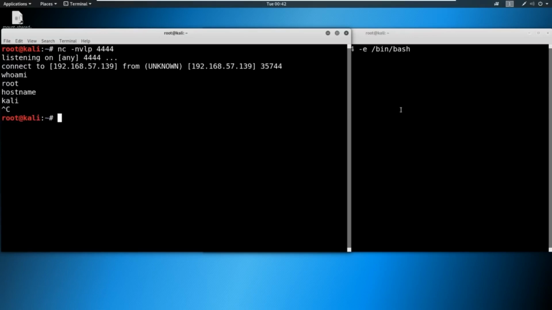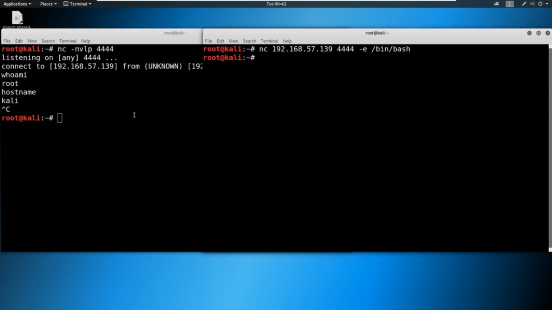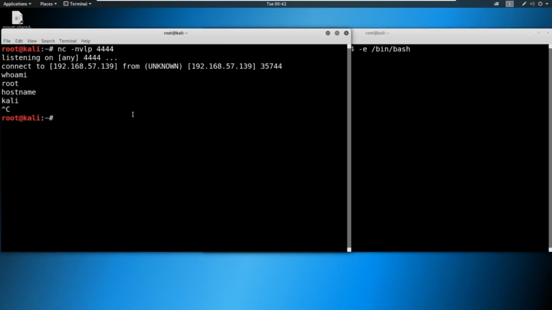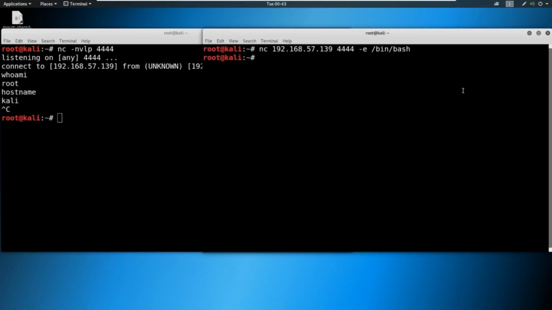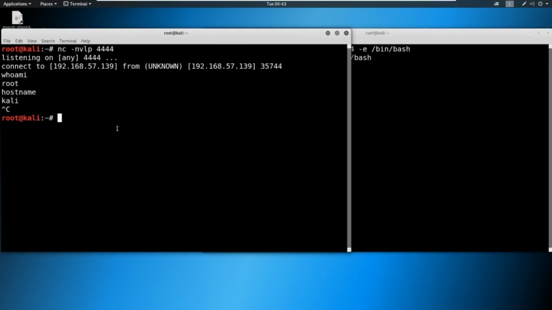So I'm going to Control-C this connection, kill it. It dies over here. Now, let's say we wanted to flip the script and we want a bind shell. Well, now, guess who needs to be listening? In this instance, we're going to be listening and we're going to be offering up the bin bash because we are the victim. Okay, so we still have to offer up whatever command line we are going to have here. Now, all we have to do as the attacker is connect to our victim,